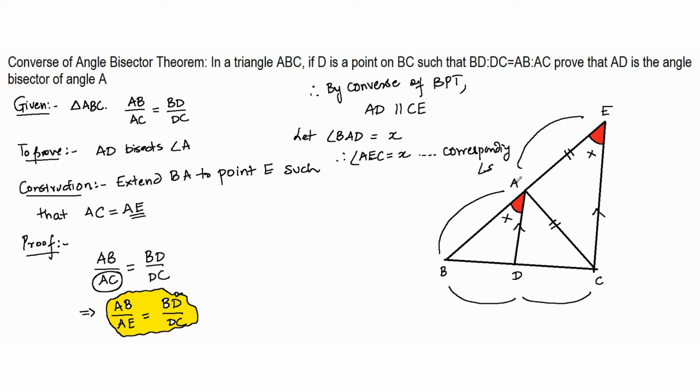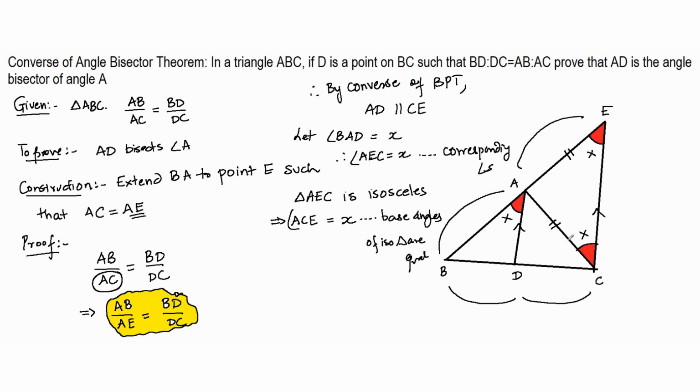And now I have an isosceles triangle here. So triangle AEC is now isosceles, which means that angle ACE should also be X because it is going to be the base angle, right? So base angles of an isosceles triangle are equal. That means this particular angle can also be marked as X because it is one of the base angles. So let us mark this particular angle also with X.